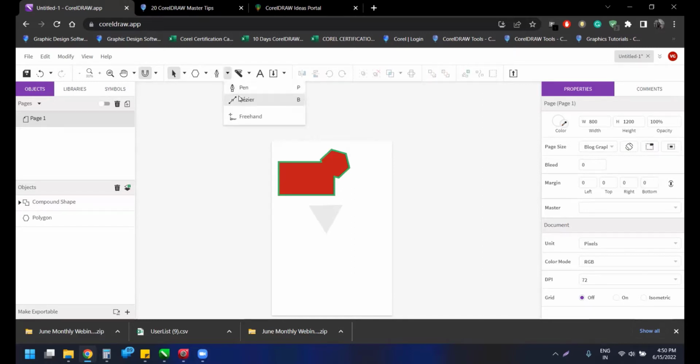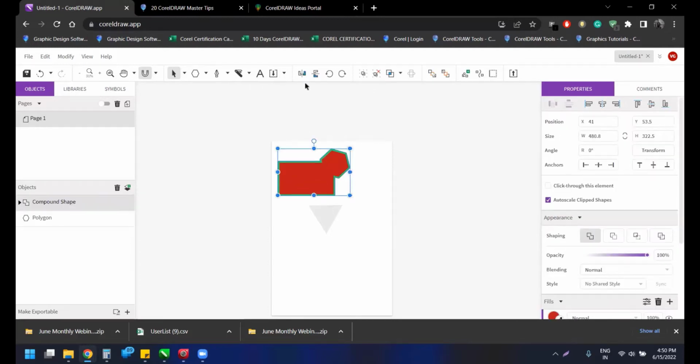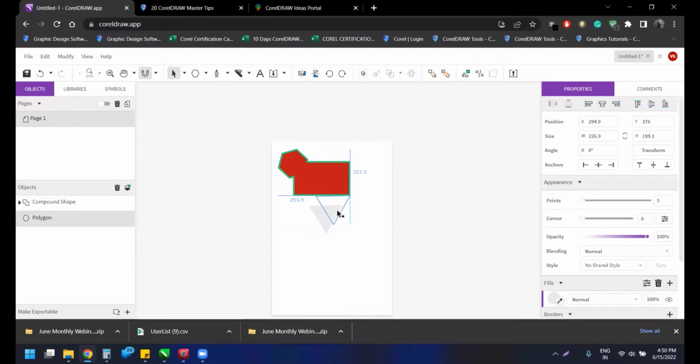You have pen tool, Bezier tool, freehand, text tool. You can easily import bitmap in this. You can rotate your object. You can flip it. You can group them together. And what makes it really cool over here is